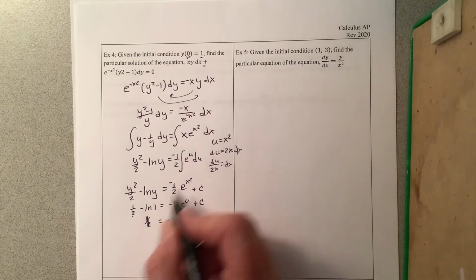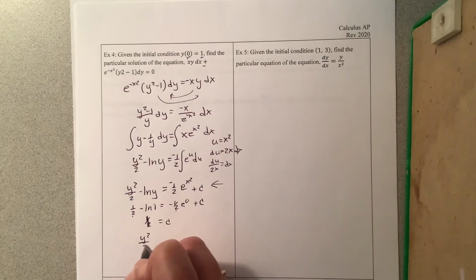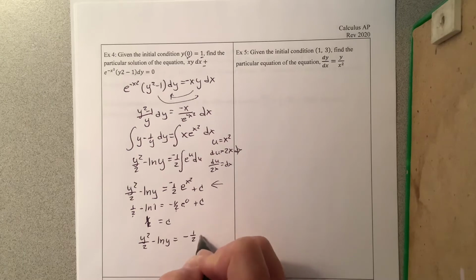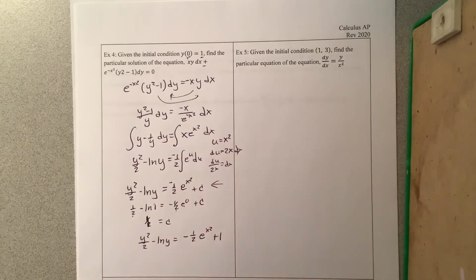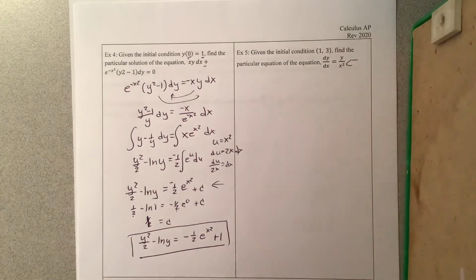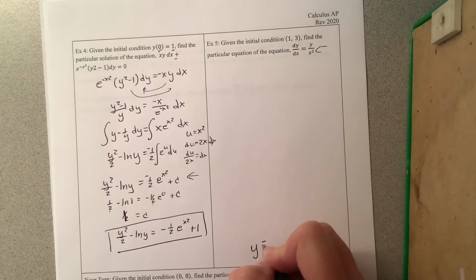All right, back to where we were. Come back to this equation. You get y squared over 2 minus ln of y equals negative 1/2 e to the x squared plus 1. And you can stop here because it's not easy to solve for y. This one's going to be very similar. You can work it. Your answer should be y equals